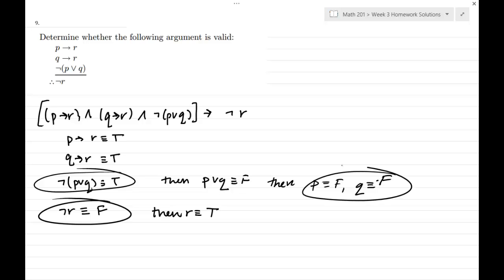If I've got P, Q false, R true, I've got false implies true is true, so that's good. I've got false implies true is true, so that's good. And then false or false is false, negation true. Okay. So this is invalid, and I will just write here